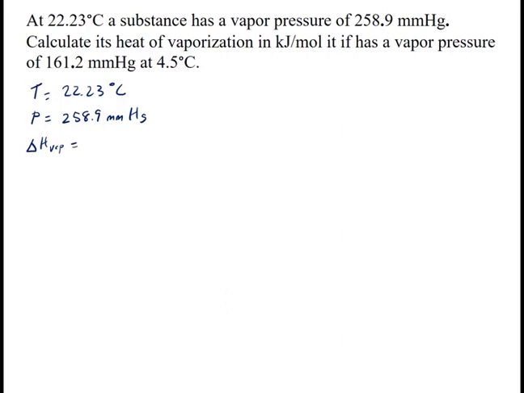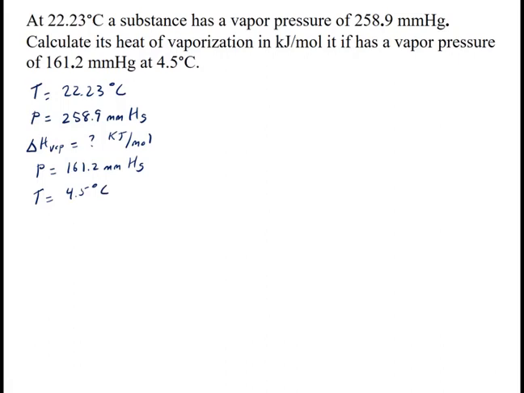if you can write these down, a lot of times on a formula sheet, you can actually find out what it is. And it specifies that it wants it in kilojoules per mole. It tells me I have another pressure of 161.2 millimeters of mercury, and I have a temperature of 4.5 degrees C. Now this time it really does not matter which one's 1 and which one's 2 because I don't have